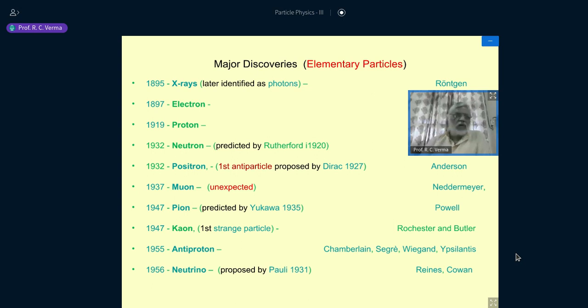Then, as we all know, in order to save conservation laws, particularly conservation of energy, momentum, and angular momentum, Pauli introduced the concept of the neutrino. Just a quick reminder. Initially, when beta decay was observed, you know that basically in this beta decay, the atomic number of the nucleus changes from Z to Z plus 1 with the emission of an electron. And it is a small exercise for my young friends to convince themselves, just using classical energy momentum conservation. It is very easy to see